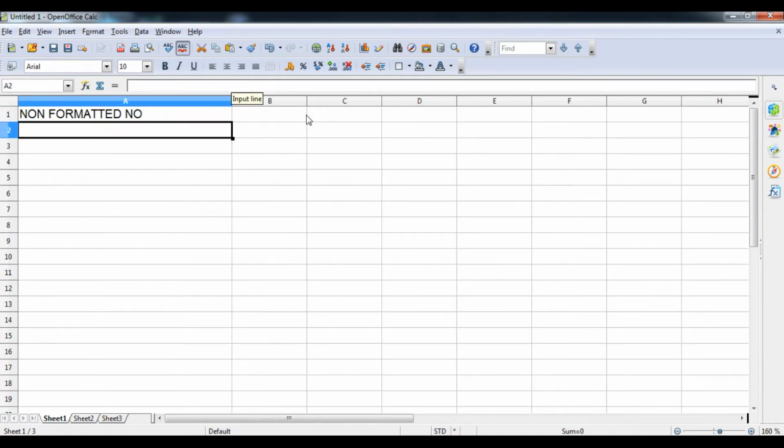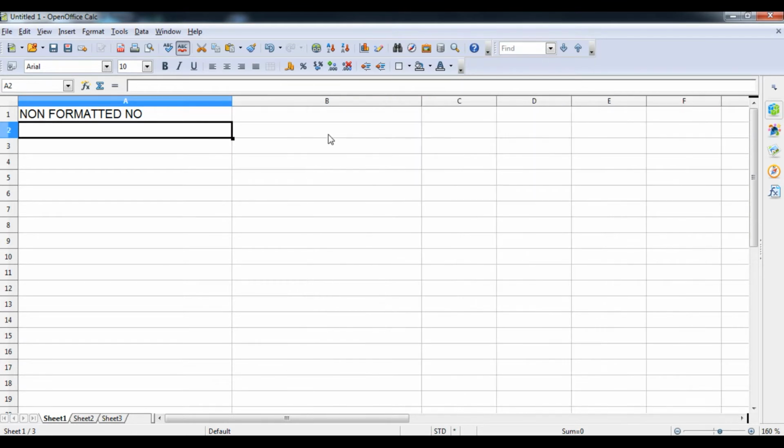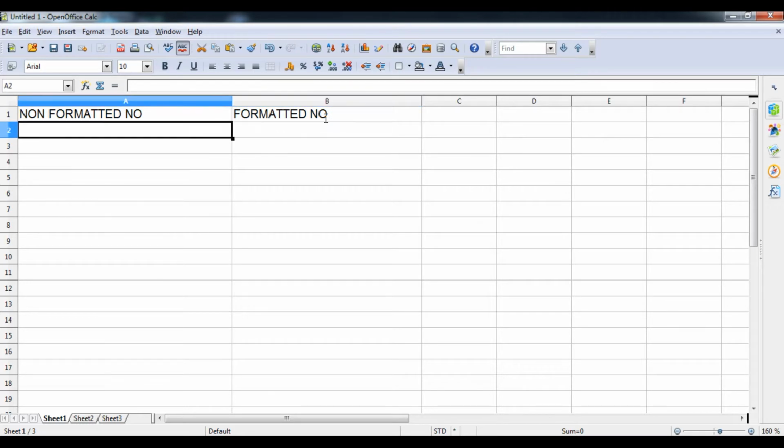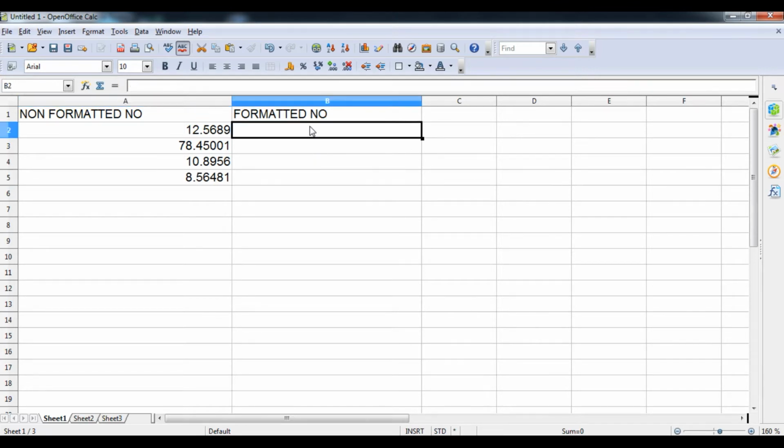I will increase the size of this cell, and then enter some values, suppose 0.56, 78 point something, and 10.8996. These are values by which we can understand how to reduce decimal places.